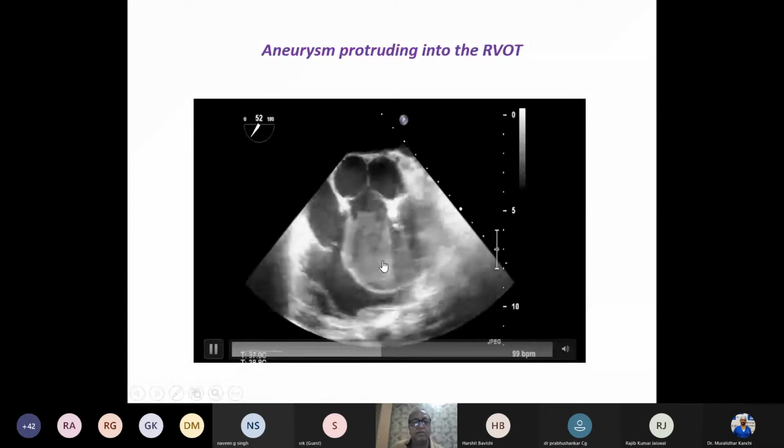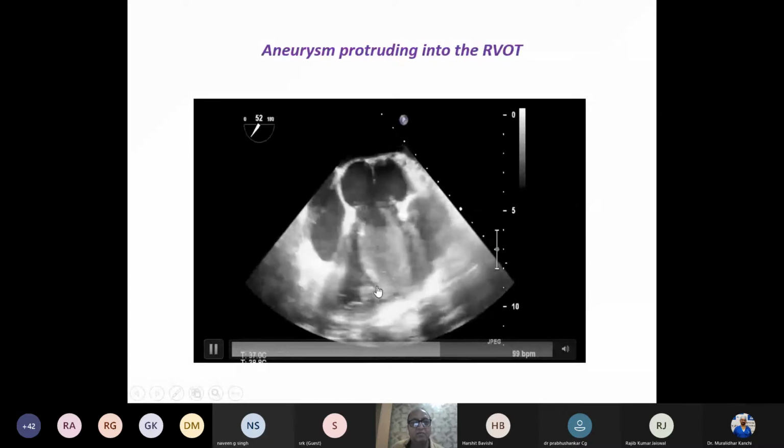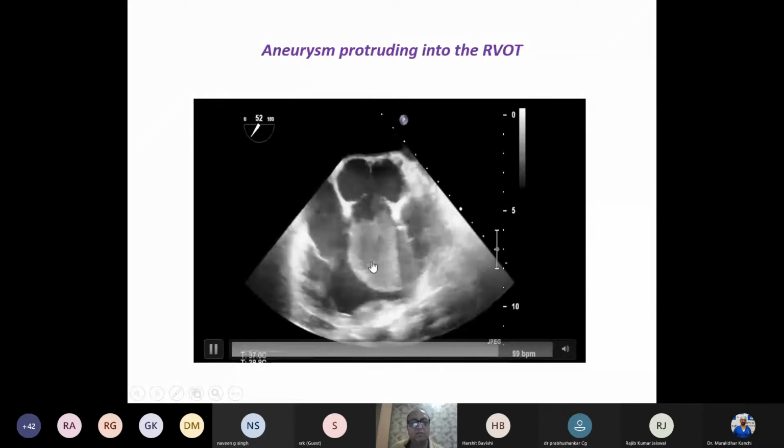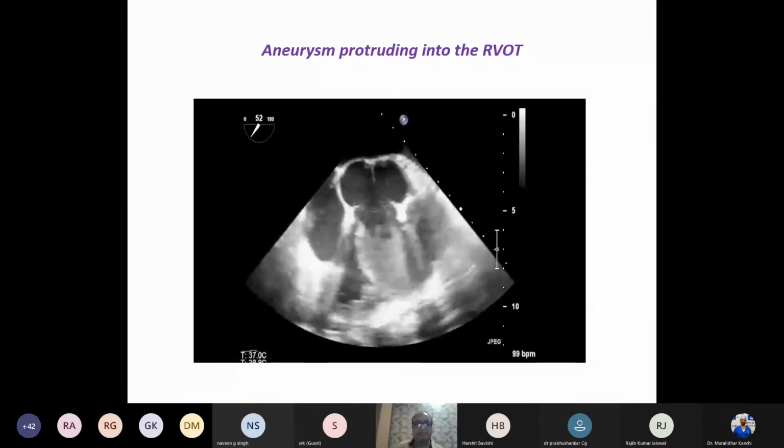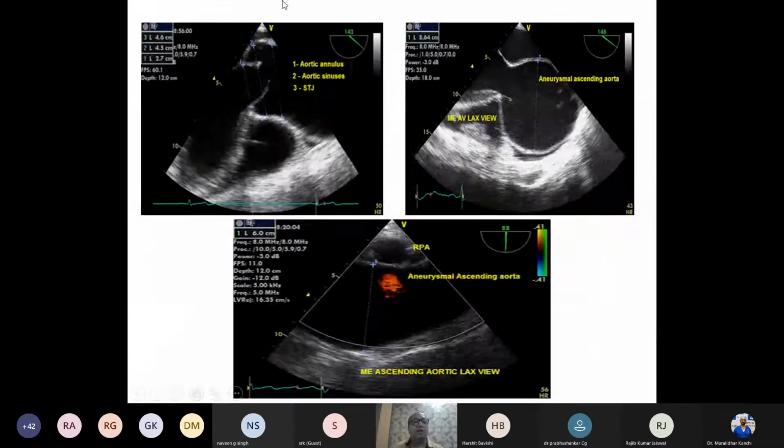The thing I want to stress here is, to assess aneurysms or atherosclerosis or anything for that matter, please do not rely on a single image. You have to do multiple image viewing to understand the nature and the pathology of this lesion. Now, important point is we have to measure the aortic annulus, the sinus, the sinotubular junction. If you see here, the ascending aorta is about 8.6 centimeters. In the mid-esophageal ascending aortic long axis view, it is about 6 centimeters here. This is a different patient, of course.